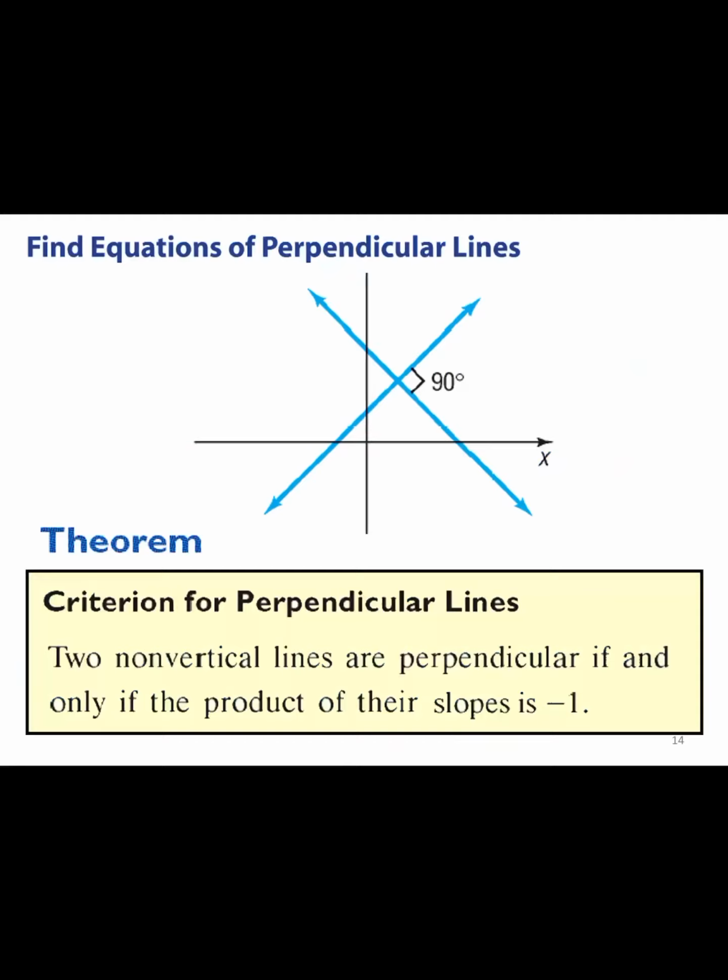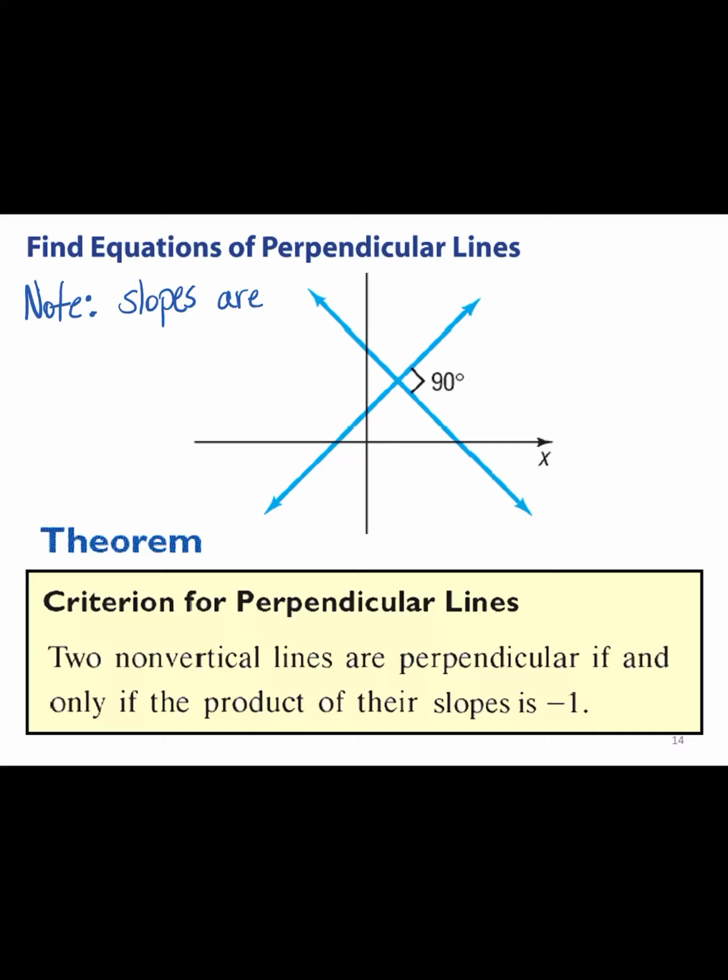Perpendicular lines. Perpendicular lines are lines that meet at a 90-degree angle. The math jargon for perpendicular lines is: two non-vertical lines are perpendicular if and only if the product of their slopes is -1. I agree with that 100%, but this right here is what I want you to take away. Note, perpendicular lines,